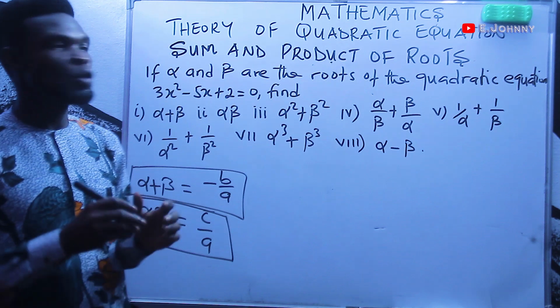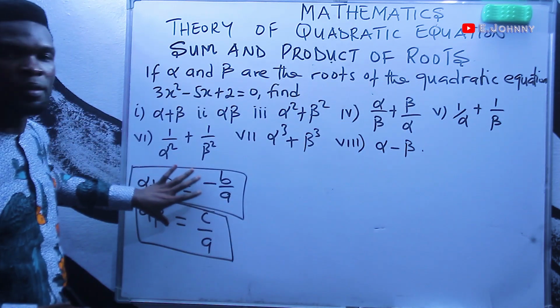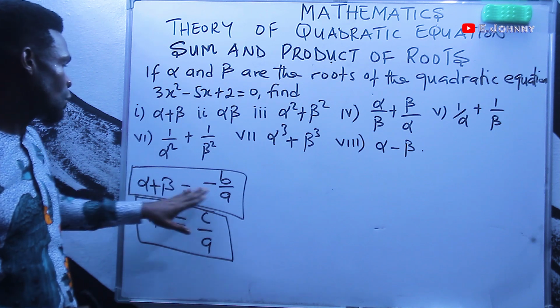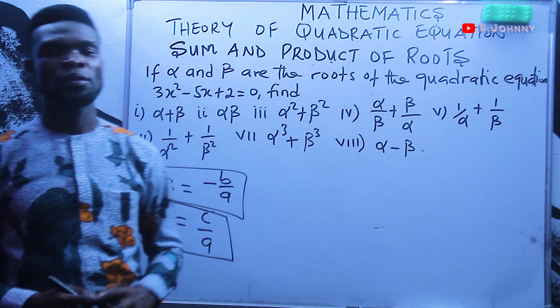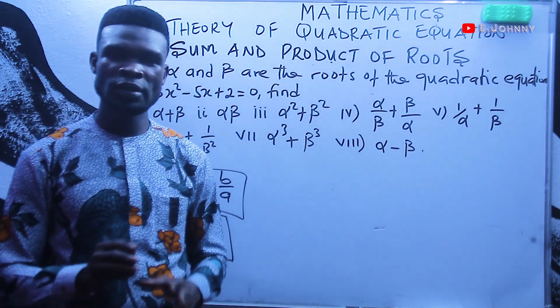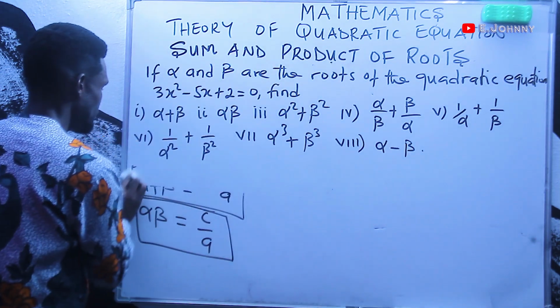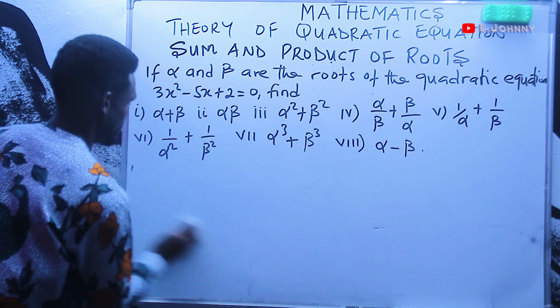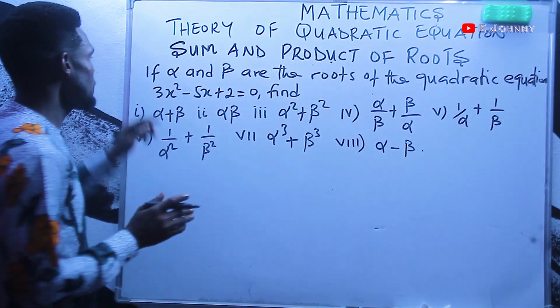Then, for you to solve this kind of problems, you need the sum of the roots and the product of the roots. So that's exactly what we are going to be doing. So let's get started. Now, let's pick the first one. Okay, solution. The quadratic is